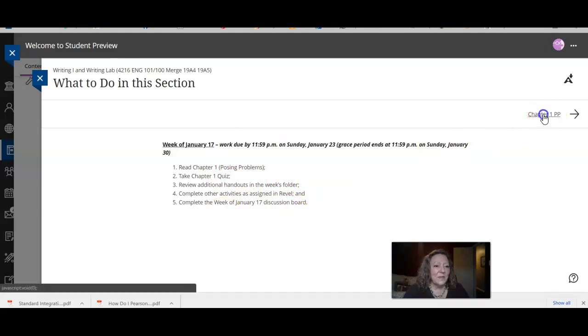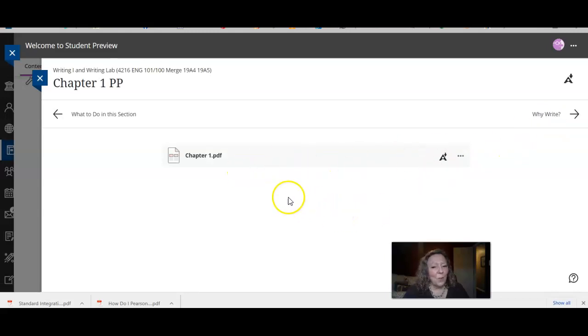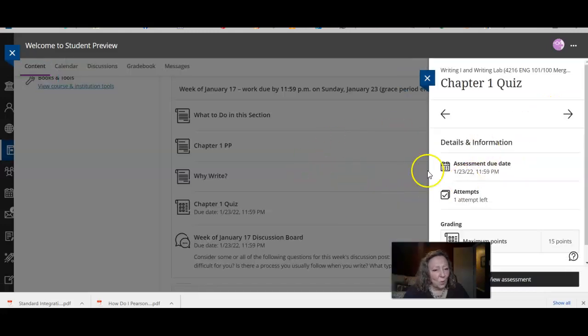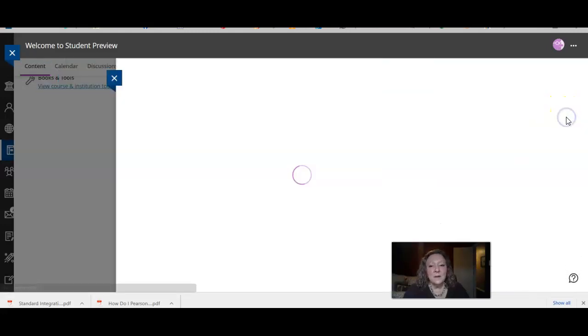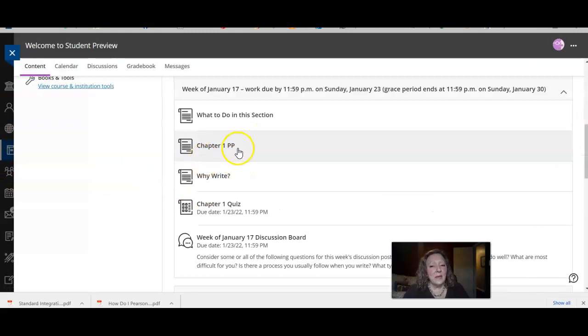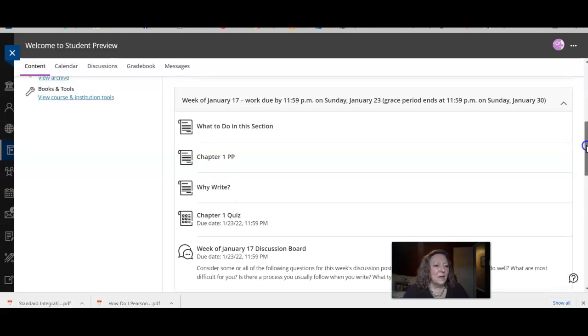So some of the items, again, are going to be in here. I have a PowerPoint that can help you understand the material from Chapter 1 that you read in the textbook. And then some other material for you to read. The Chapter 1 quiz, the Chapter 1 discussion board, or the January 17th discussion board, and then any other material will be in Revel,